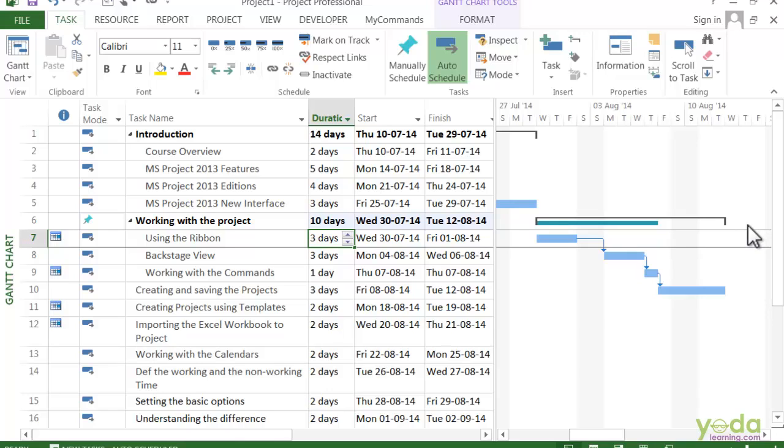But this teal bracket shows the duration of the subtasks, and what you can see is there is a gap between the two, and that tells you actually you have a little bit more time than you need.